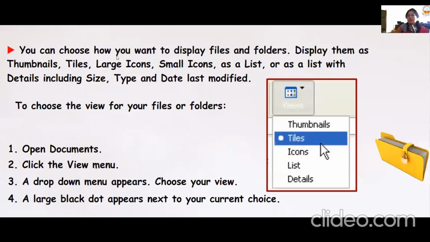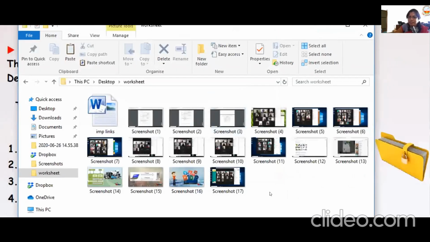You can choose how you want to display the files and folders: as thumbnails, tiles, large icon, small icon, as a list. Details include size, type, date. So you are just supposed to open a document, click the view menu, drop down, and you will be able to see how it is. See here, I did it with the right clicks.